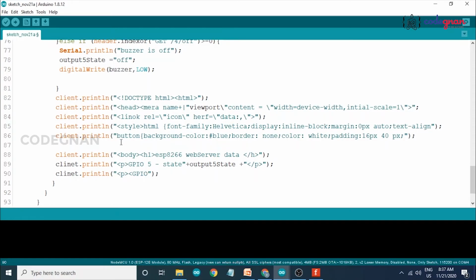So okay, now you have stated our pin so you have to take the if loop.